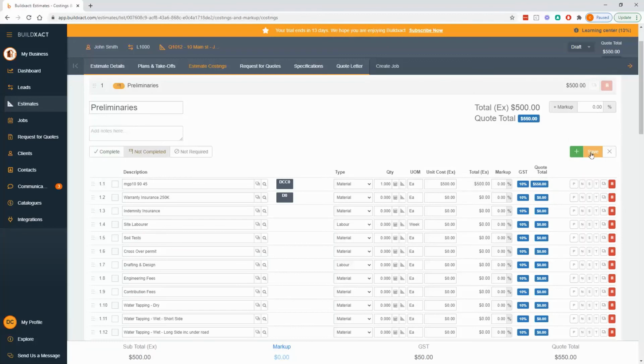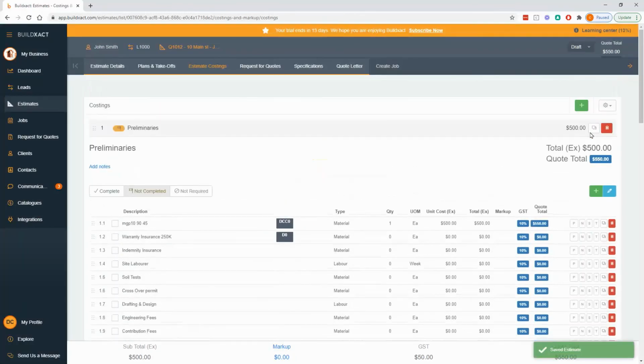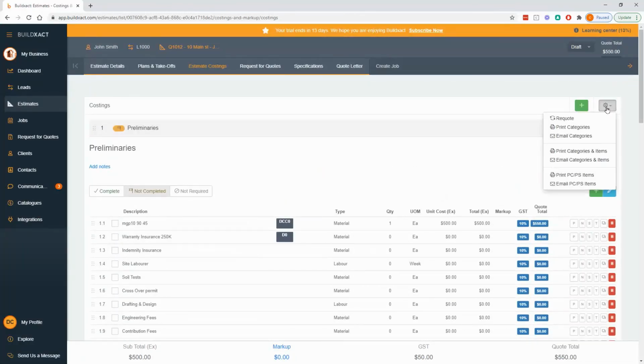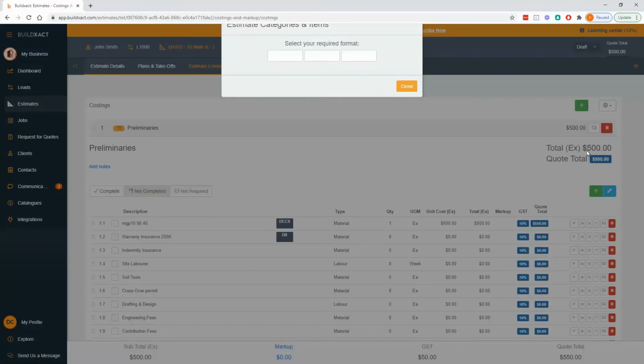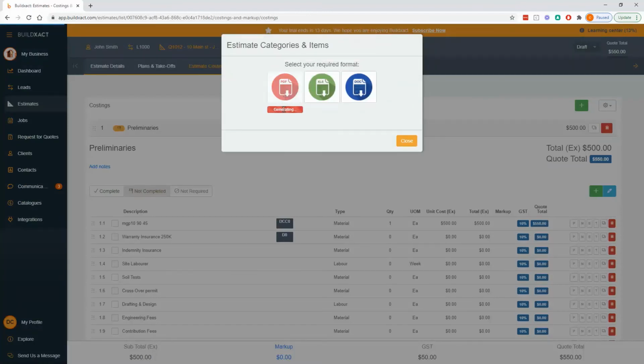Last but not least, I'm going to save this category and go up to the cog in the top right. As you may already notice, there's a cog on pretty much every screen. Generally speaking, we hide print options and different settings in here. I want to point out specifically this categories and items one, which is a report that's often called the bill of quantities. And it is very good for you to be able to print out a full export of the